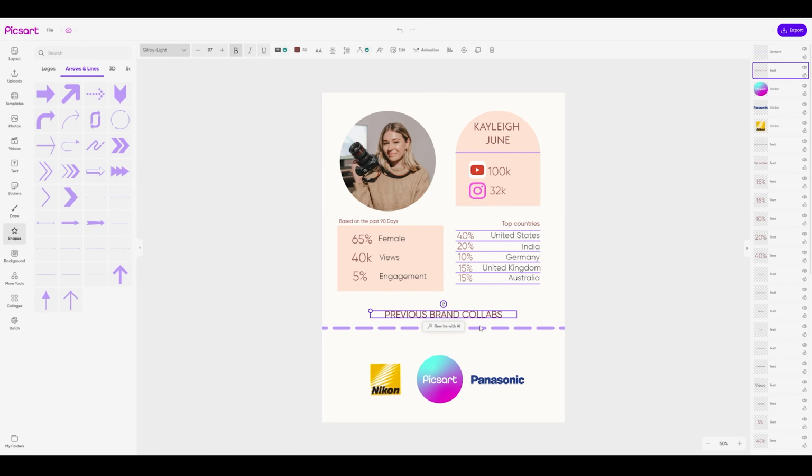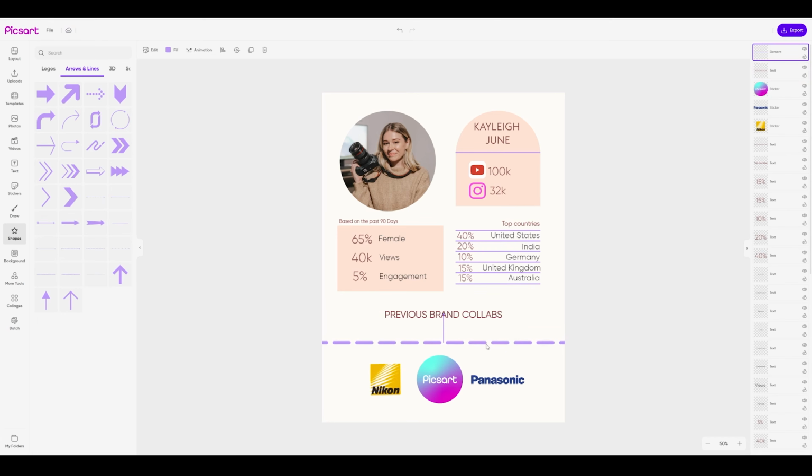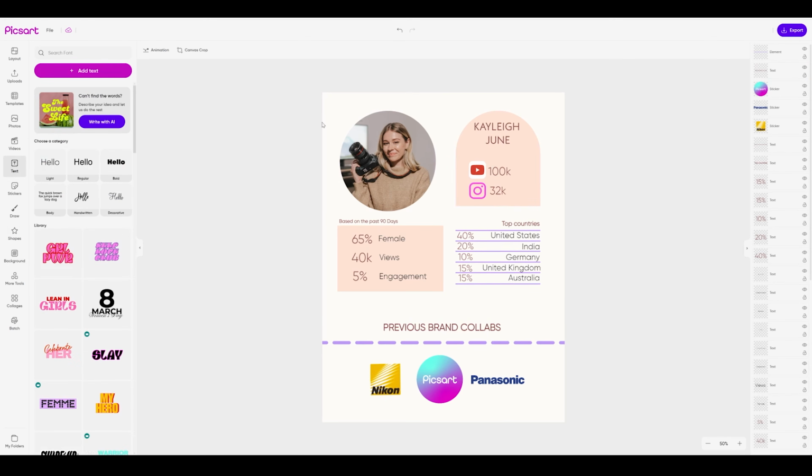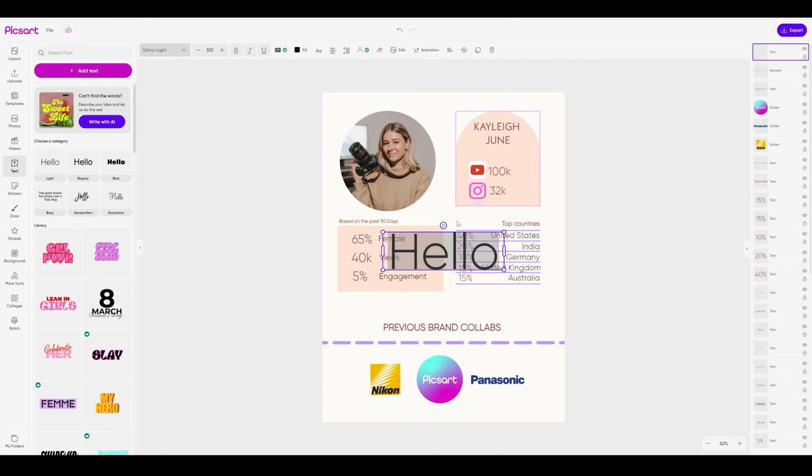Just move that down the bottom here. I'm also going to just move this line up the top, and I'm going to put in some extra text that basically just says what kind of content creator I am. So we'll maybe start off by saying I am a photographer